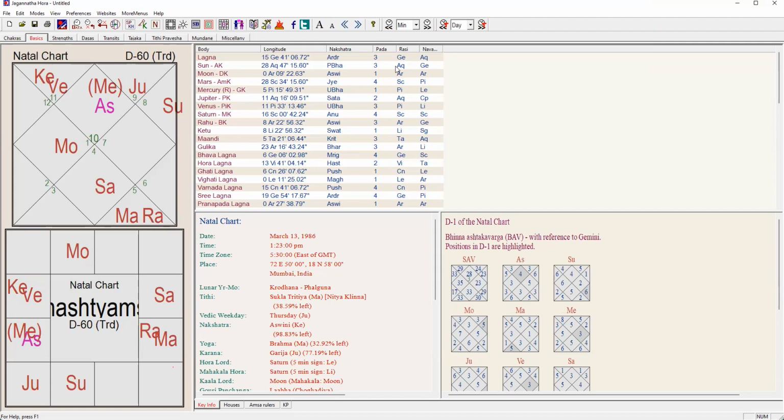They have to be near each other. Maximum 1 house away, 1 or 2. No, I don't even know about 2. Maximum 48 degrees. Sun, Mercury, and Venus have to be all together. It is D60 chart, no? No, sir. D60, sir, it can be possible, sir. D60 तो मैं भी नहीं ऐसा ये गलत है ना. This is wrong. See what I'm saying.